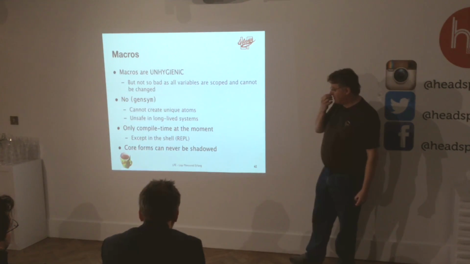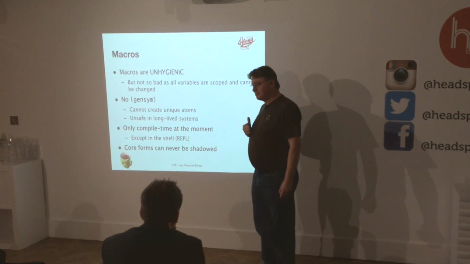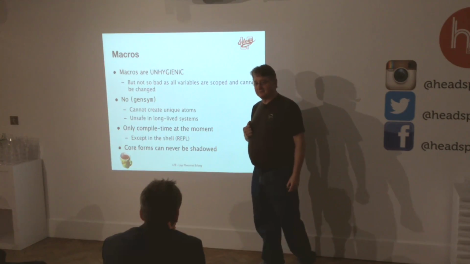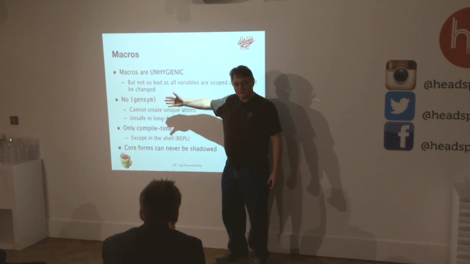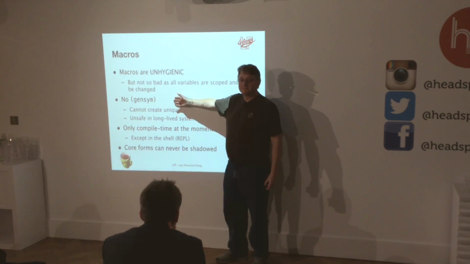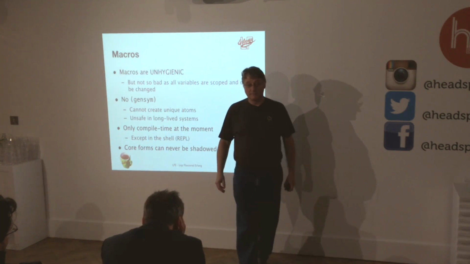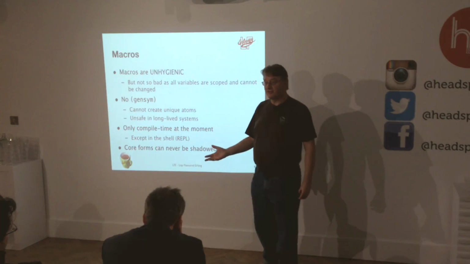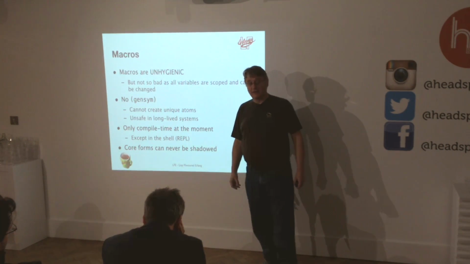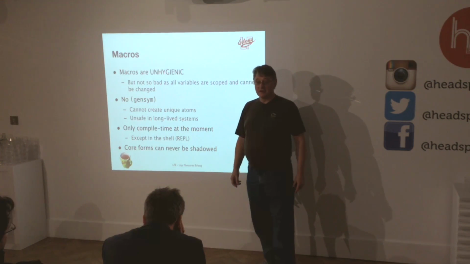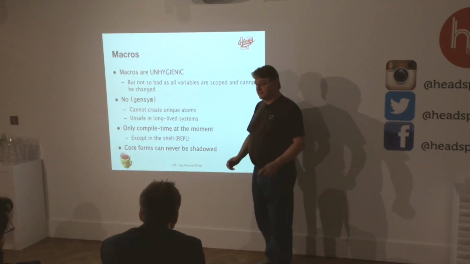We've got macros, of course. They're unhygienic in that things can escape from them, but seeing all variables as scoped is not as bad as it could be. The problem is we don't have a gensym. What gensym does is create a unique symbol, guaranteed not to be like any other symbol. We can't do that. The Erlang virtual machine just does not support that. Yes, I can generate a symbol with a funny name, but there's no guarantee that it's unique. Someone else could get the same funny name and will suddenly have the same symbol. It's just a property of the machine.